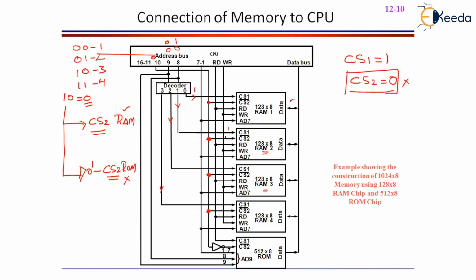Okay, and the read pin must be connected to CS1 of ROM. And you connect 9 and 8 to a decoder. Outputs of the decoder must be connected to all the CS1s of each and every RAM. Okay, and obviously the read and write lines of each and every RAM should be connected to the system read and write lines, which are in the bus system. Obviously, the data bus must be connected to the data lines of all the RAM and ROM.